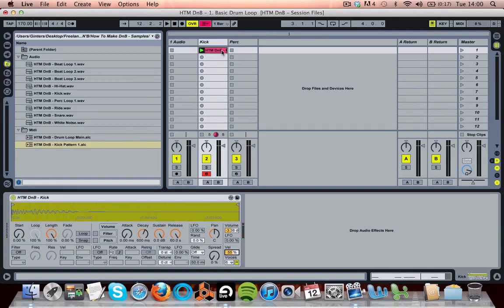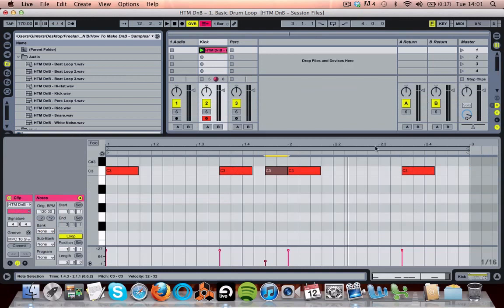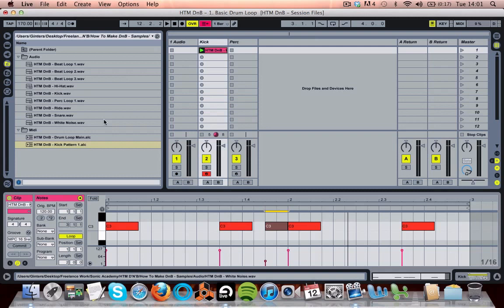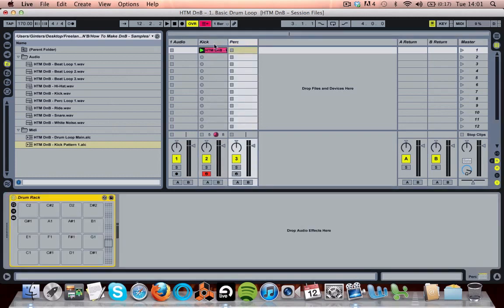Like so. Okay, so that's our kick sorted. Obviously, feel free to make your own variation on that. I'm just going to create something that's fairly straightforward. Next thing we're going to do is start to fill up our perc machine here, but I've got a loop